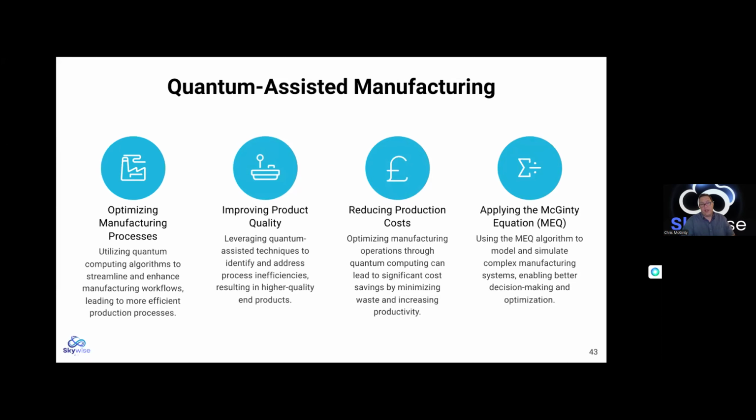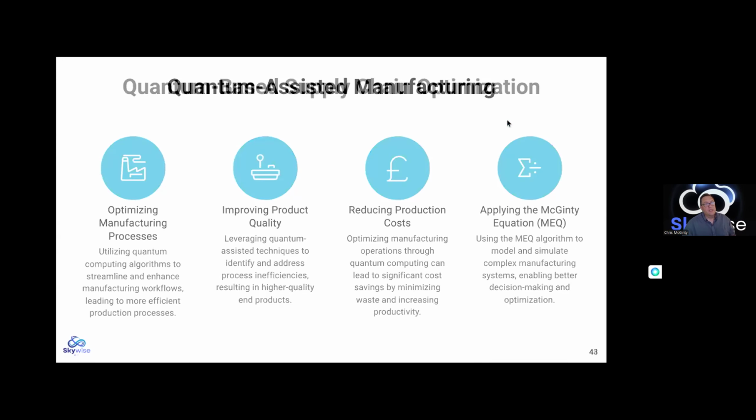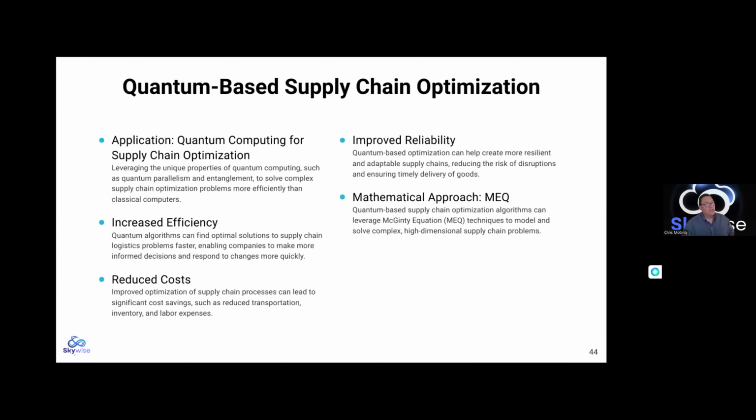You could apply that to psychology. It's just a matter of understanding the variables, what variables you want to use, and playing with the variables. And AI is really helpful with that. Yet another good use case for it. But we're optimizing processes, improving qualities, reducing costs. There's a lot of different ways in this method where the micro informs the macro and the macro informs the micro. You have a lot of interesting perspectives to take a look at any type of complex system.